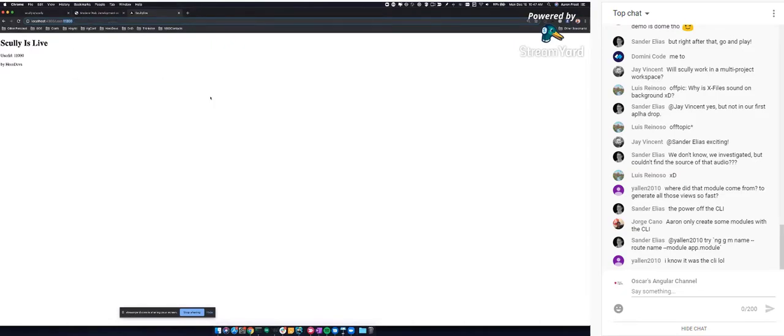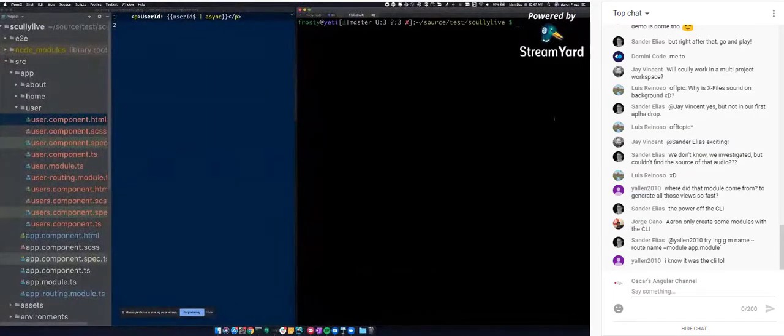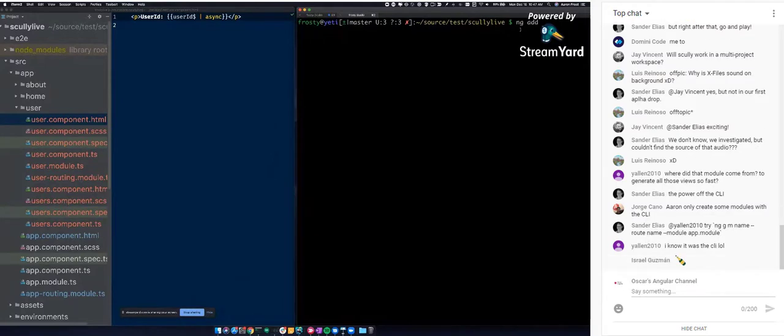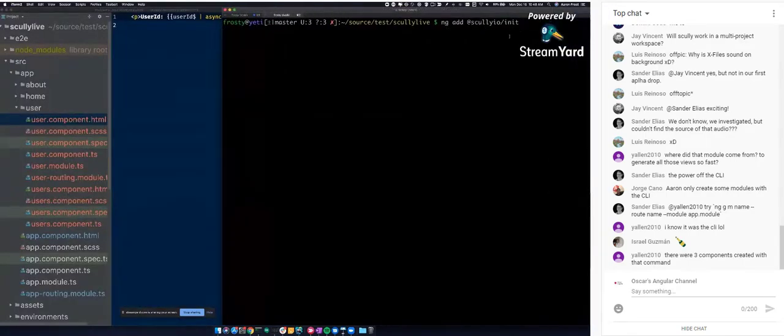Okay, so let me walk you through the installation for Scully. So from the root of our app, I'm going to say ng add @scullyio/init. Okay. Sorry, and I need to make this a little bit bigger. Okay, so if you say ng add Scully init, this is going to run the Scully schematic,